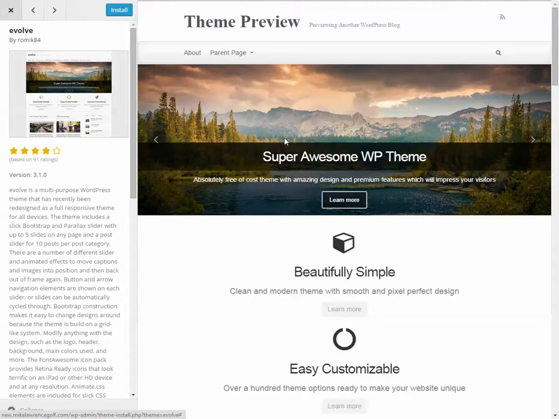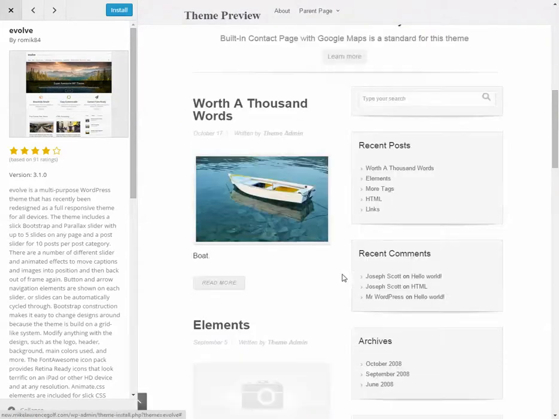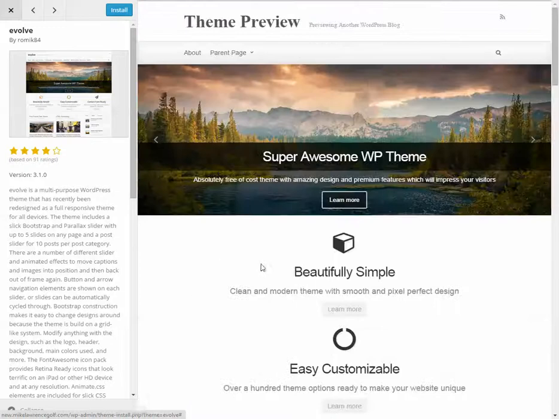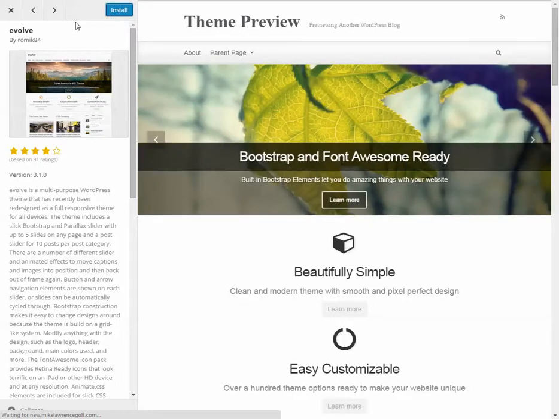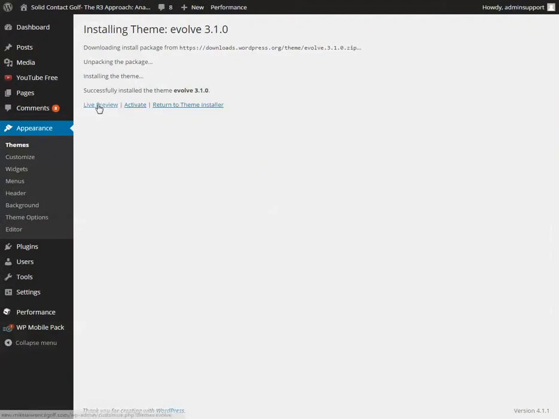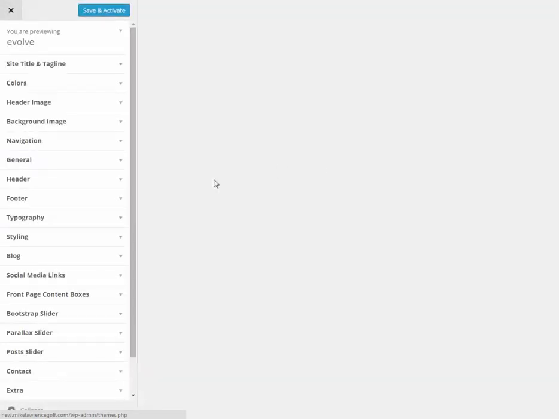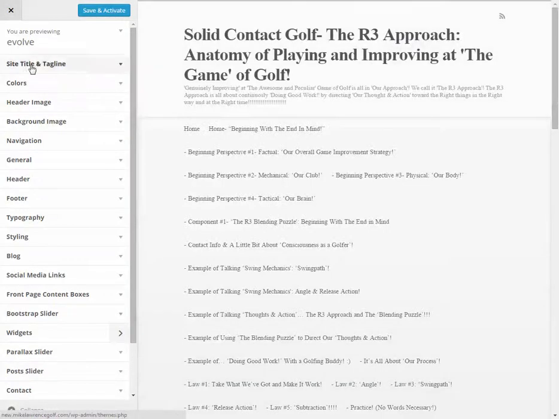If you try to do the preview on these, it's not going to import your content, it's just going to give a default of what the theme's creator made as sample content. So if you like this theme, but are not sure how it's going to look with your content in it, you can click Install, and it will take a little bit. Then click on Live Preview. And then from here you've got the